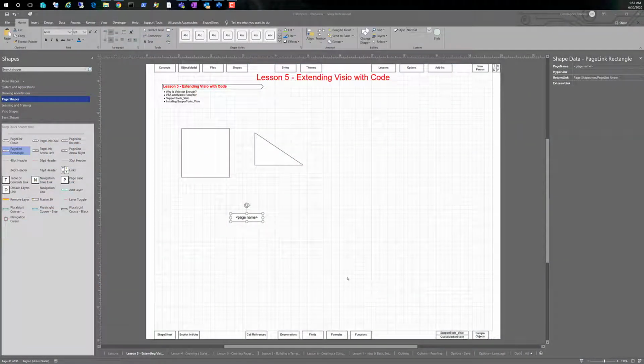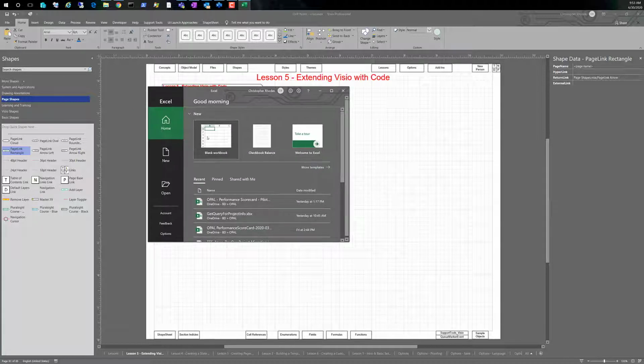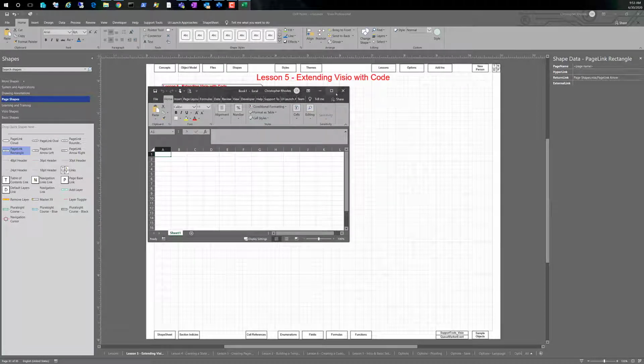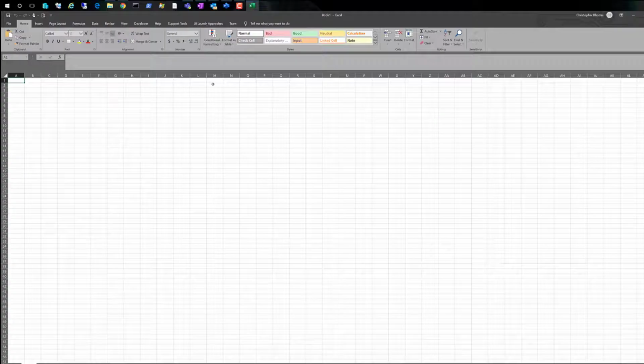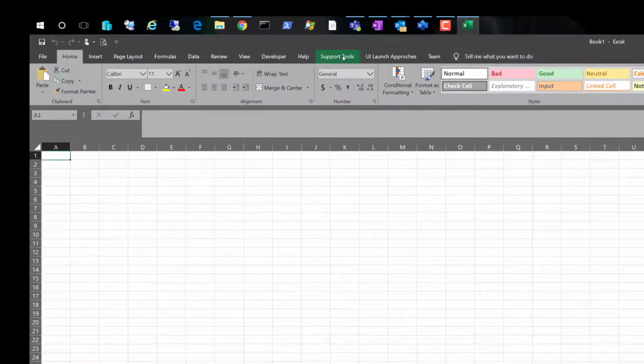Wait a minute, I thought this was a course on Visio. Yep, I know. So we'll open up Excel and create a blank workbook. And as you probably know, if you go to the ribbon and customize it,